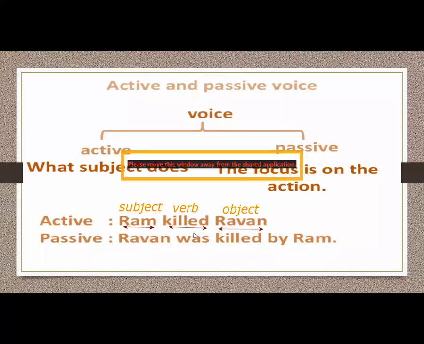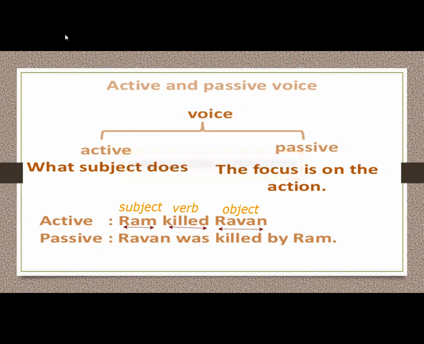According to the first rule, identify the tense. The sentence is "Ram kills Ravan." Subject plus verb, second form, plus object, that belongs to past simple. How we can change the tense in active and passive, I will discuss in my next slide. Before that, let me tell you, past indefinite will be changed according to its